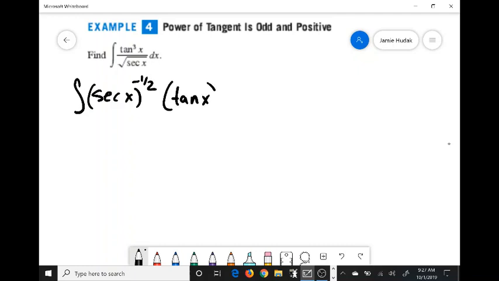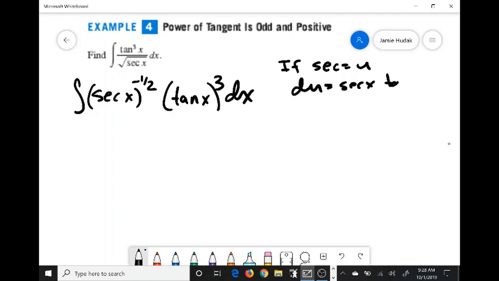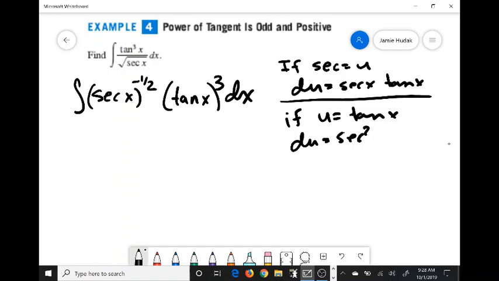And we say, well, if I let secant be my u, then du is secant x tan x. If u is equal to tangent x, then du is secant squared x. And we look at these two and we say, well, how can we rearrange this to make this work? And this is the trick. Now that we've written secant squared x up here, if I factor out a secant tan,